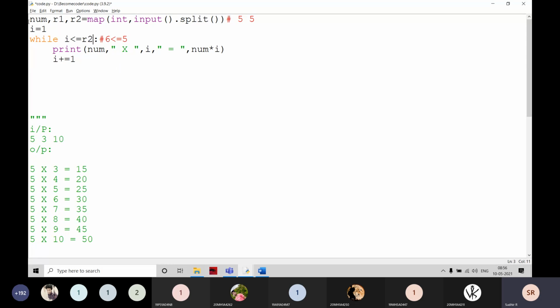Here, this is going to be an R2. Simply I am going to take here 3 values, num, R1, comma, R2. There are three values, and I am going to start at R1. Instead of 1 here, I am going to start at R1, and I have to stop at R2. This is a simple program, very simple modification. We have to read R1 also, and instead of taking one value by default, I have to start at R1 and stop at R2 here.